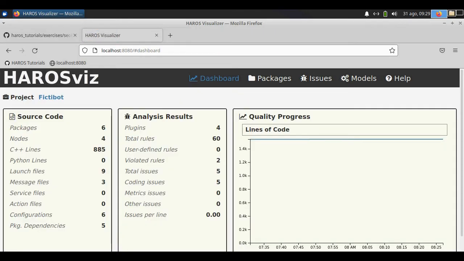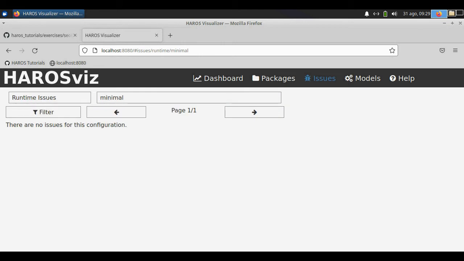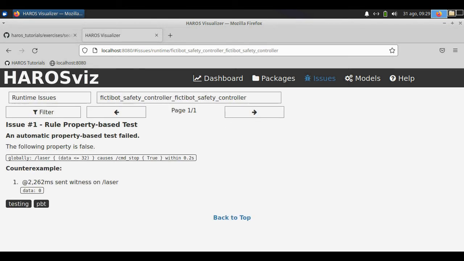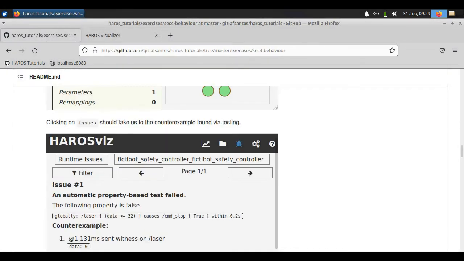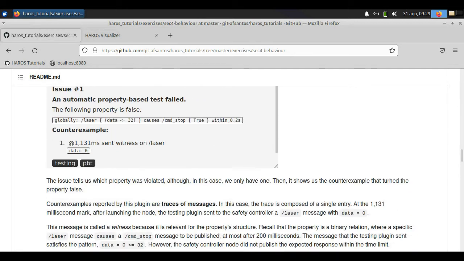So here we are. The analysis has completed. I'm refreshing the visualizer and jumping to the runtime issues of the safety controller node. And there we go. We have here the first issue report saying that a property-based test failed with the counterexample. The counterexamples are basically sequences of messages or traces that, when replayed to the system, lead to the property being false. In this case, the